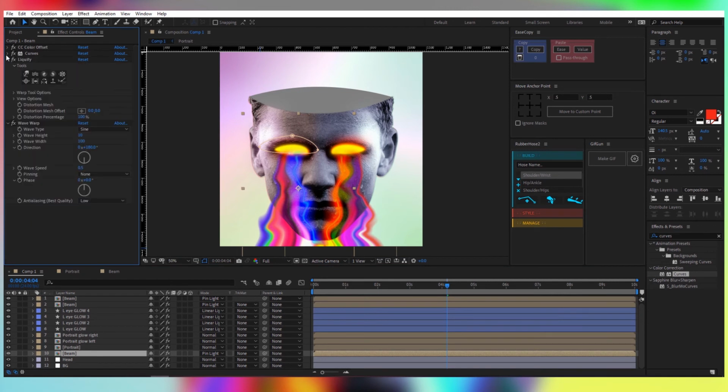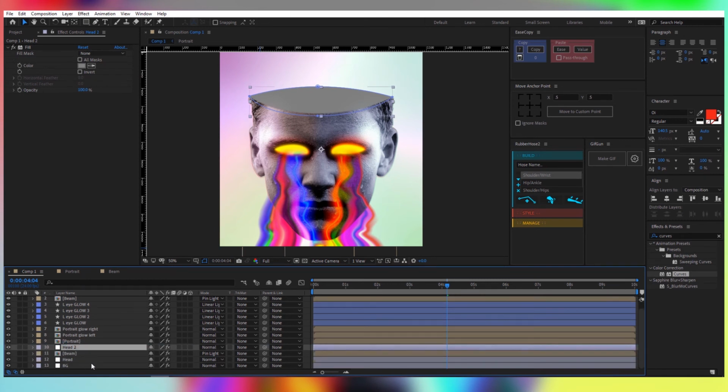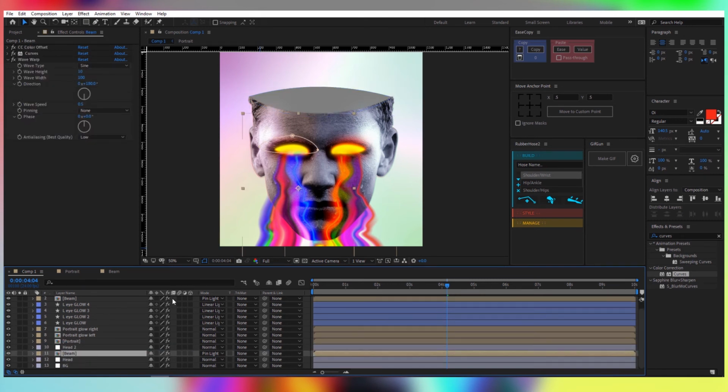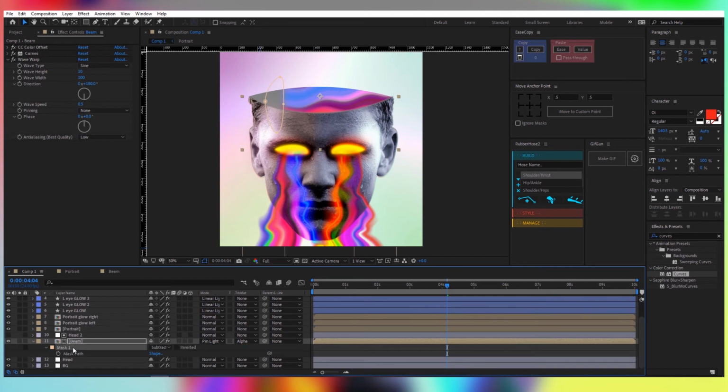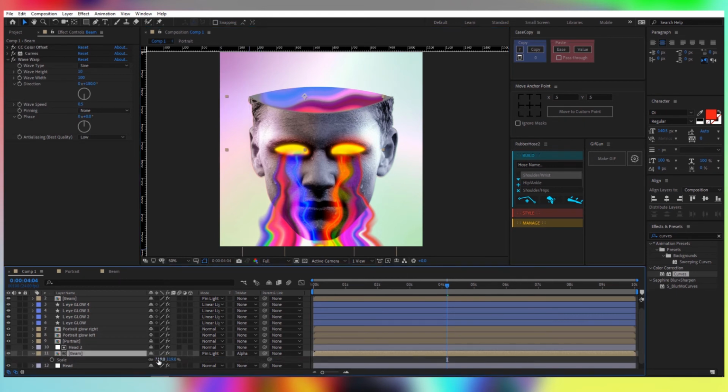Now for this one, let's delete the liquify effect. Now take the head layer, duplicate it, move it above the beam layer. Now take the beam composition and here in the track matte panel just select alpha matte head 2. Now press R, rotate it to about -90 degrees, delete the mask, move it inside the head, also increase the size,